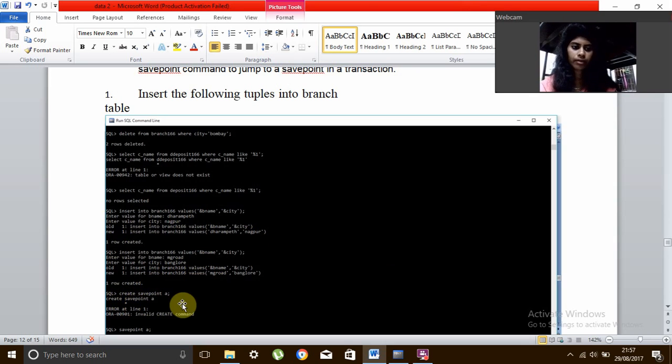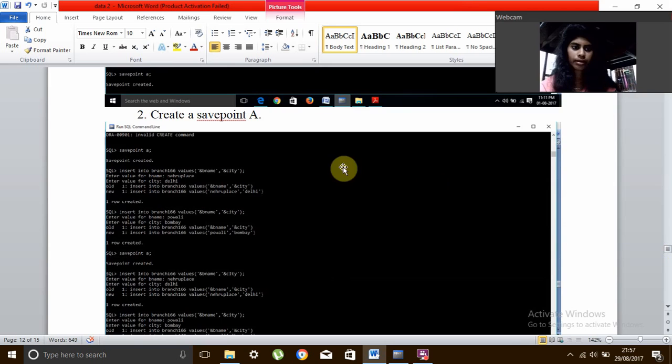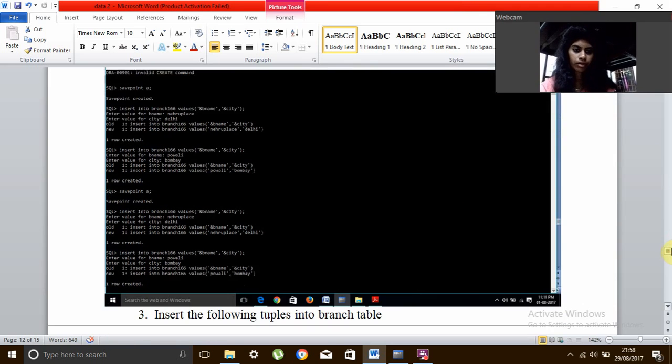Save point is to save it. For that, save point A is being created, given here. To insert, I'm going to give the insert with bname and city, and I have to give the following bname and city, and a row is being created. Same goes for the other things, and the row is being created, and I have to save the following functions, and then moving on to the branches, it goes the same, and for bname and city, old, new,